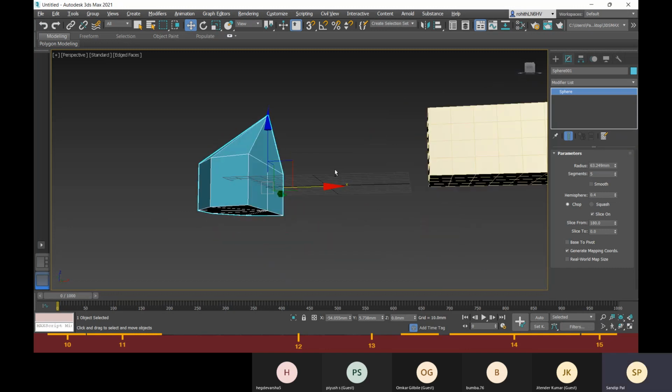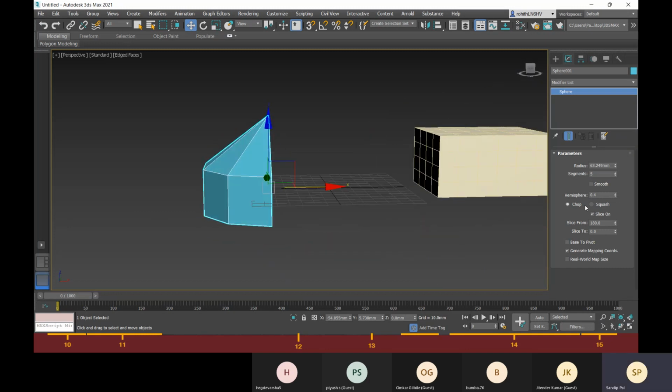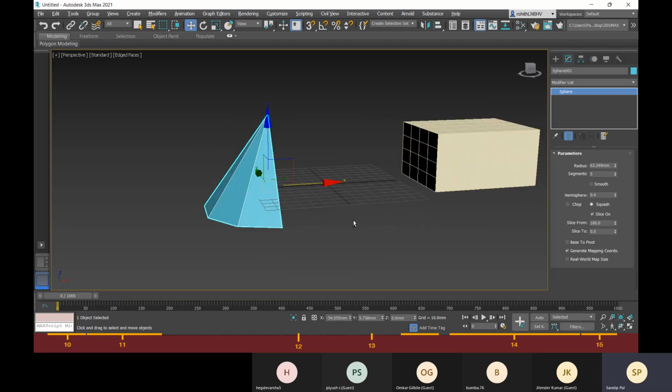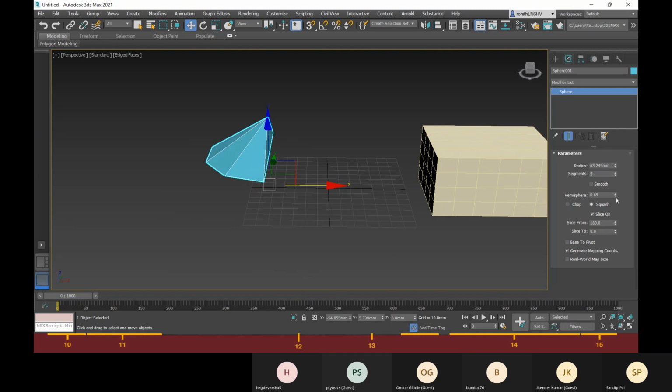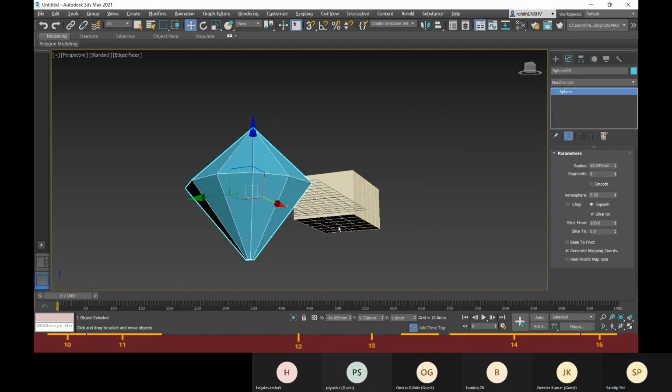If you need anything like this, you can have it, and you can again combine it with this squash. You see, you can have this, and now you need to combine it with these segments, change these segments and then change it. So this way you need to explore.